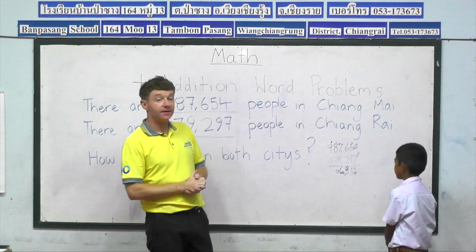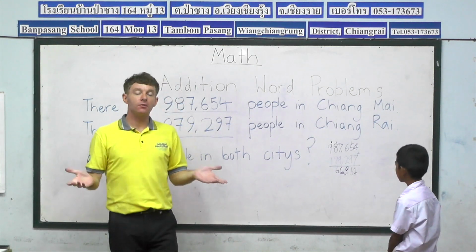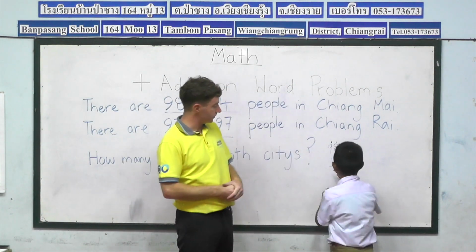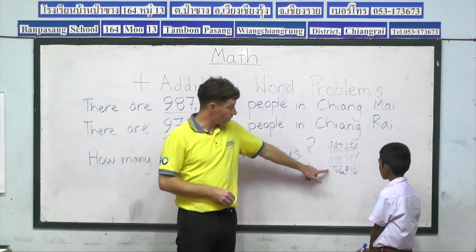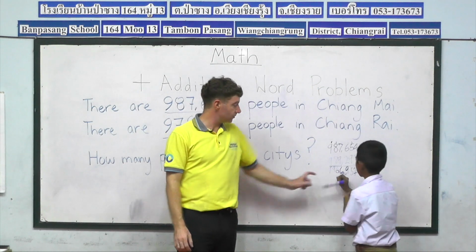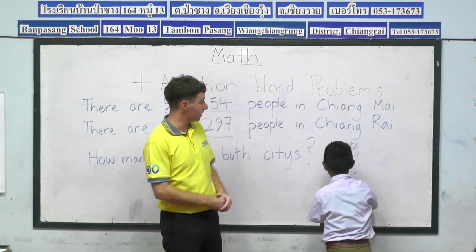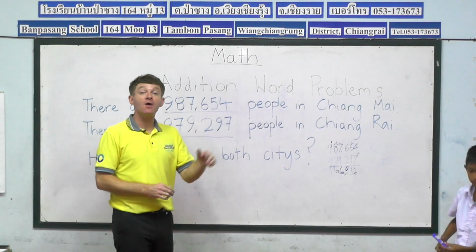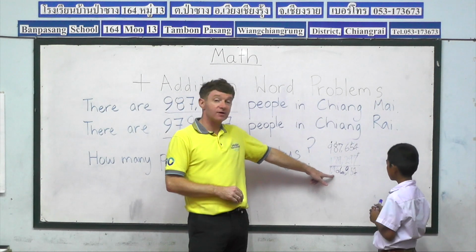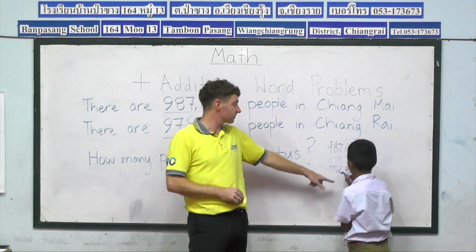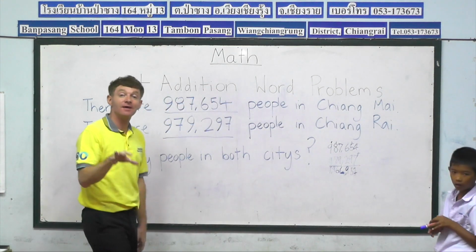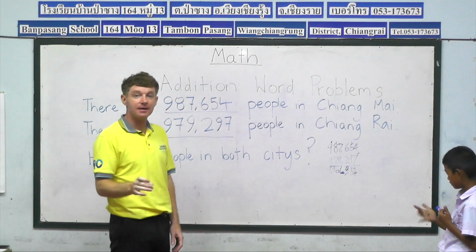So 1 plus 9 plus 9 equals 19. And now we're in our final, so we can write 9 here and then 1 here, because we move into the millions column. And remember, Pat, for every 3rd digit, we have a comma. Excellent. So we now have our answer. 1,966,951. So we can answer our addition word problem by saying there are